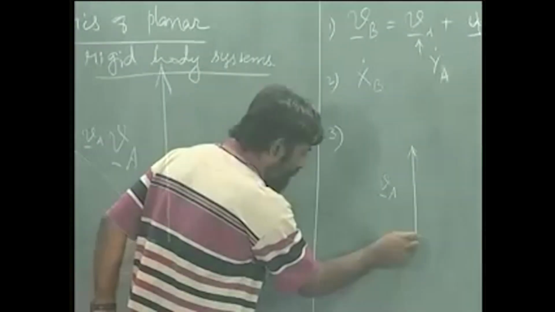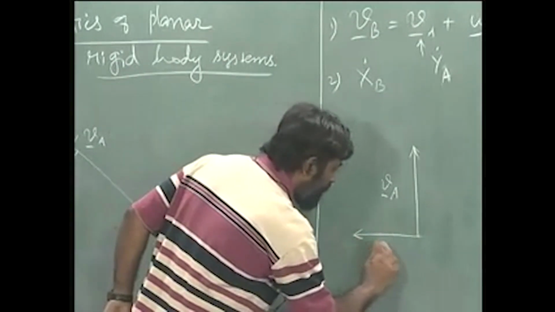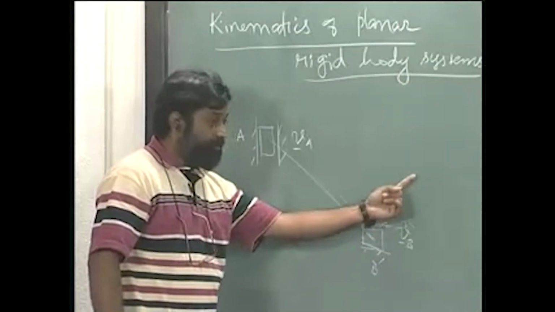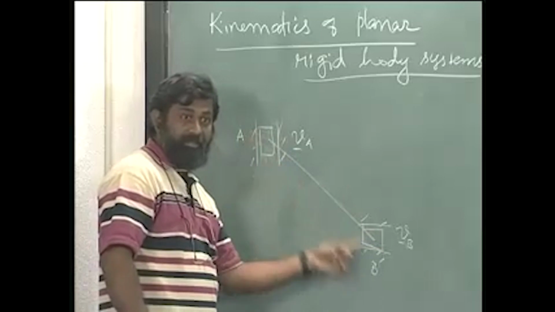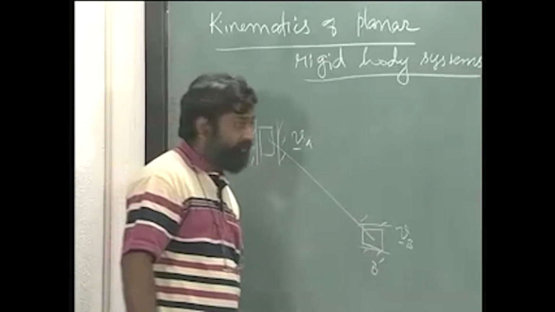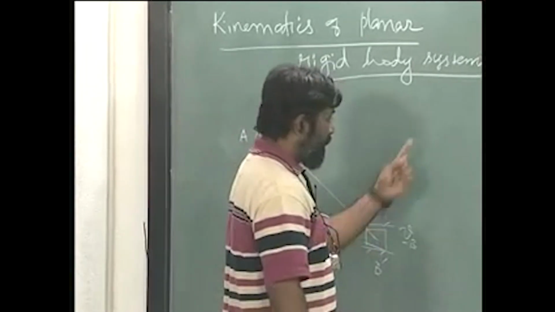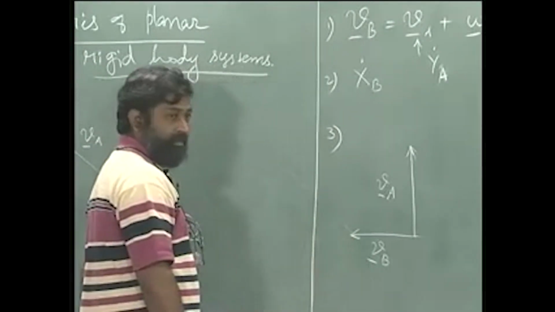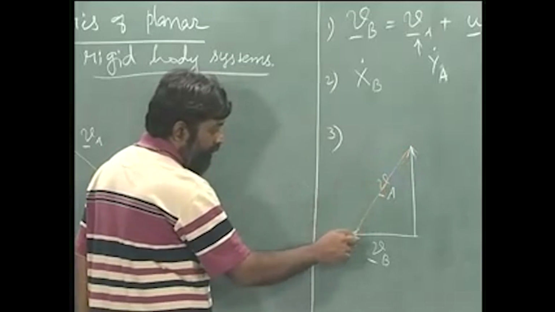Geometrically speaking, this is the velocity of A. So I have this which is VB. Remember this is perpendicular to this line AB, okay. So if I have that perpendicular line drawn here, so let us say this is the line AB, if I draw the perpendicular line here,